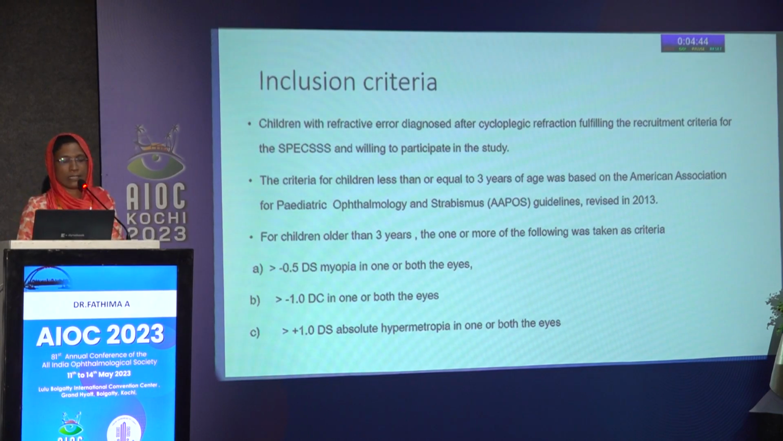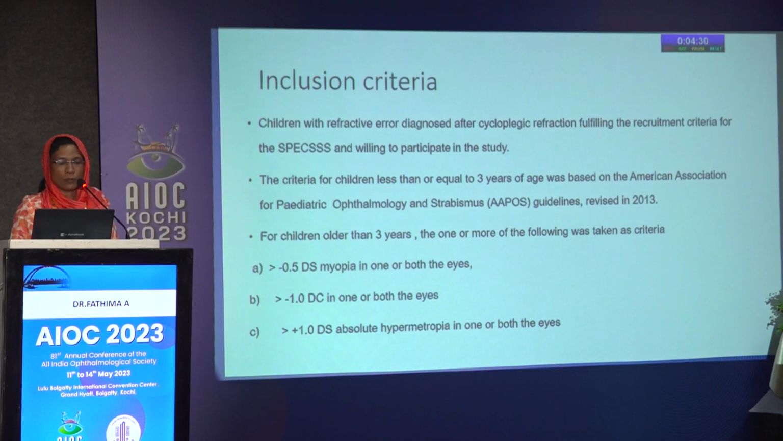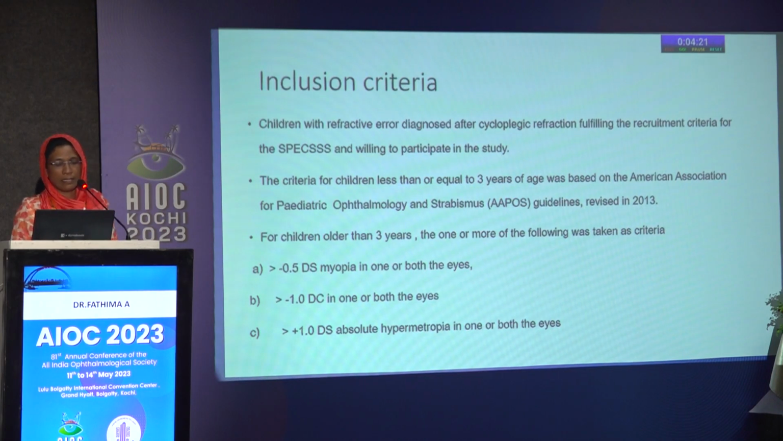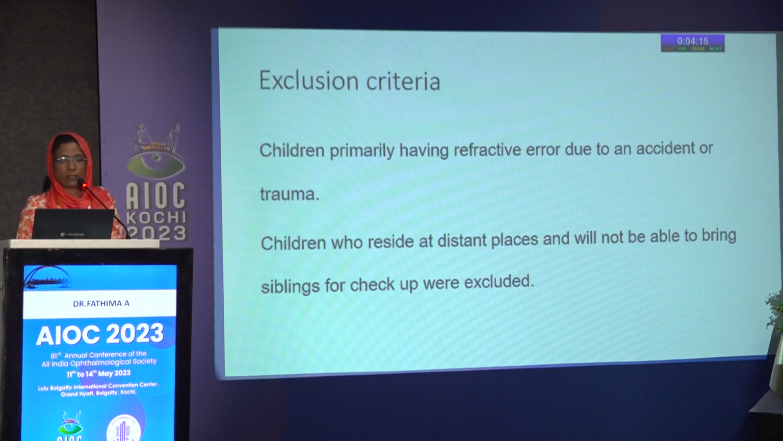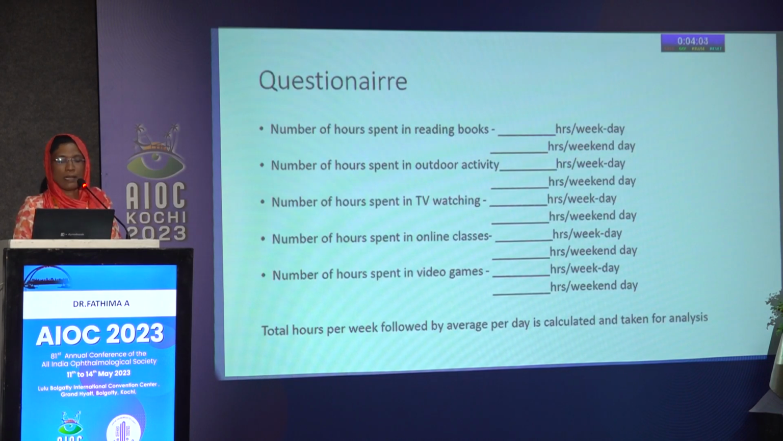fulfilling the following cycloplegic refraction criteria were included. For less than 3 years of age, we followed American Association of Pediatric Ophthalmology guidelines revised in 2013. For older children, we followed one of these criteria: more than minus 0.5 diopter sphere in myopia, more than minus 1 diopter cylinder in astigmatism, and more than plus 1 diopter for hypermetropia. We excluded children primarily having refractive error due to accident or trauma, or those children who cannot come for follow-up. After complete ocular examination, refractive error was confirmed with the cycloplegic drops,